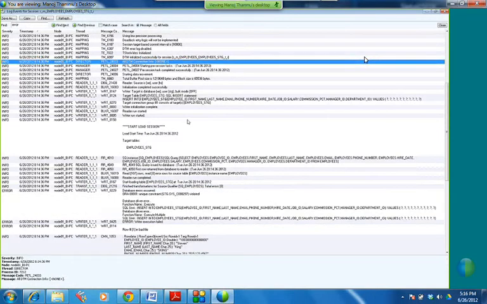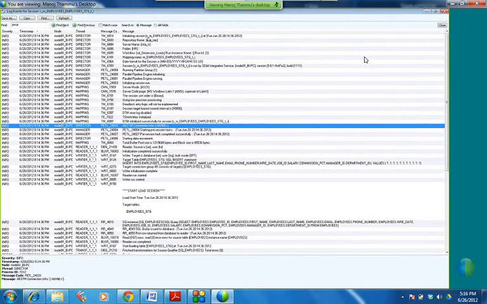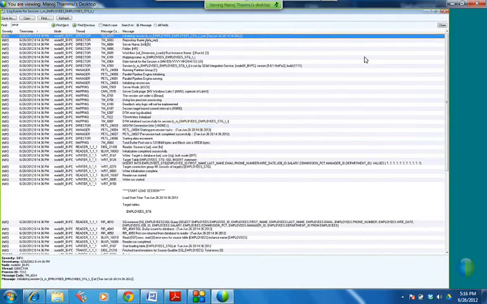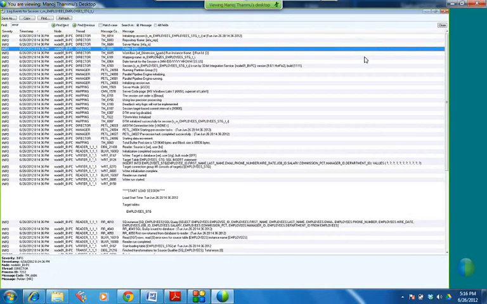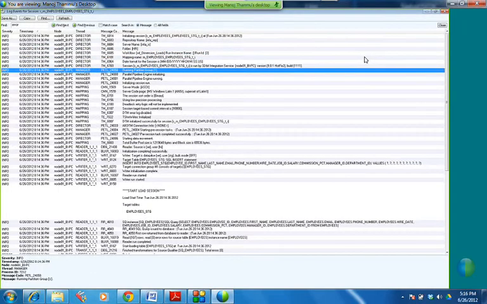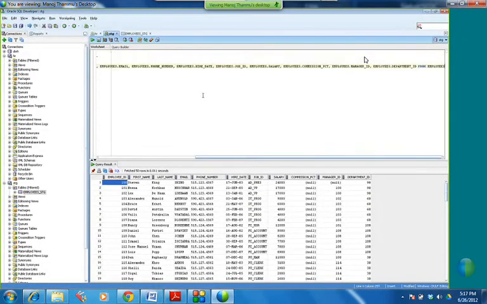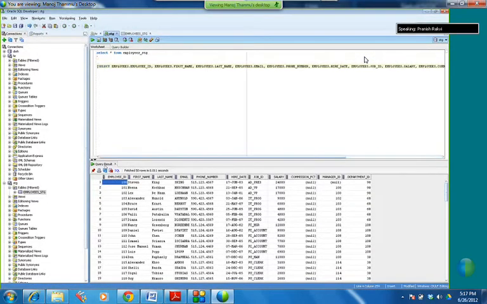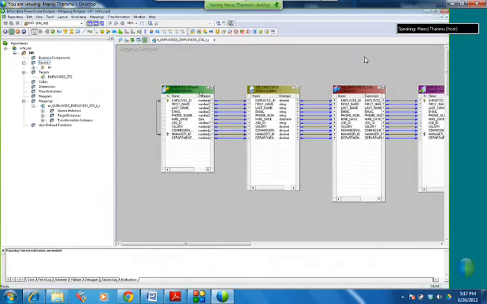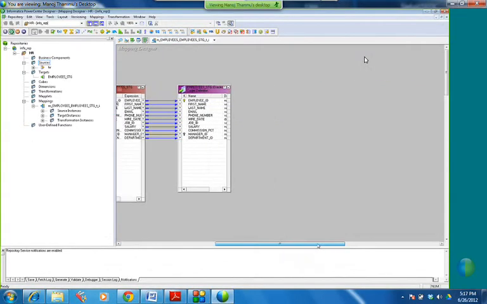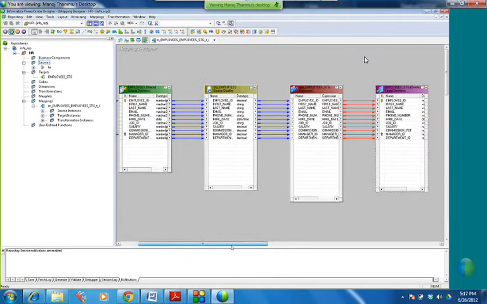You will go on reading the session log and slowly come to know how it works. See, it initializes the session, shows repository name, server name, folder, and all this stuff. Afterwards it reads the data from the source. See how it is reading the data? Informatica creates its own query: select employee ID, first name, last name from employees. We did not give this query anywhere, so Informatica is creating it, because it reads the data from the source qualifier and writes the data to the target employees STG.